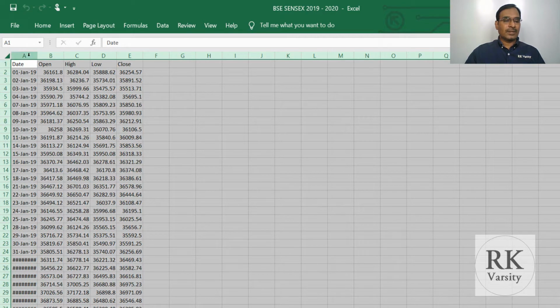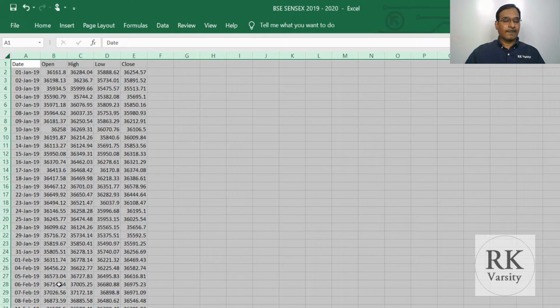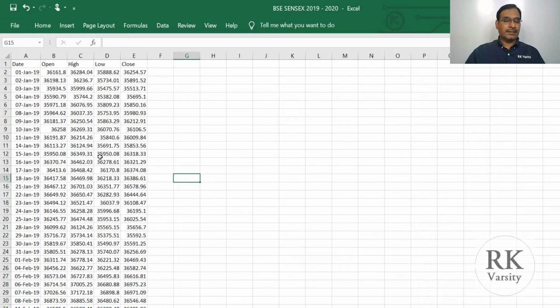Then place your cursor on any of the column dividing lines. You will see your cursor will transform to a small plus icon. Double click on this. Then the data is adjusted. So here is your data. This is how you need to calculate market index values from the Bombay Stock Exchange of India.